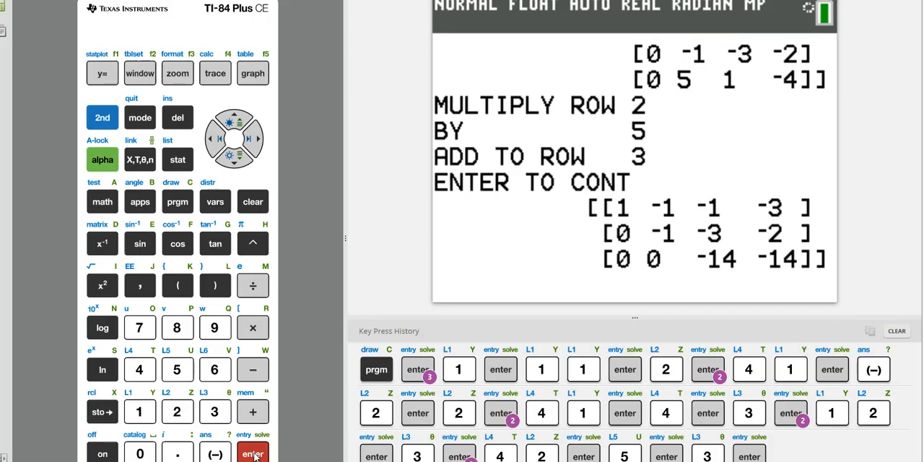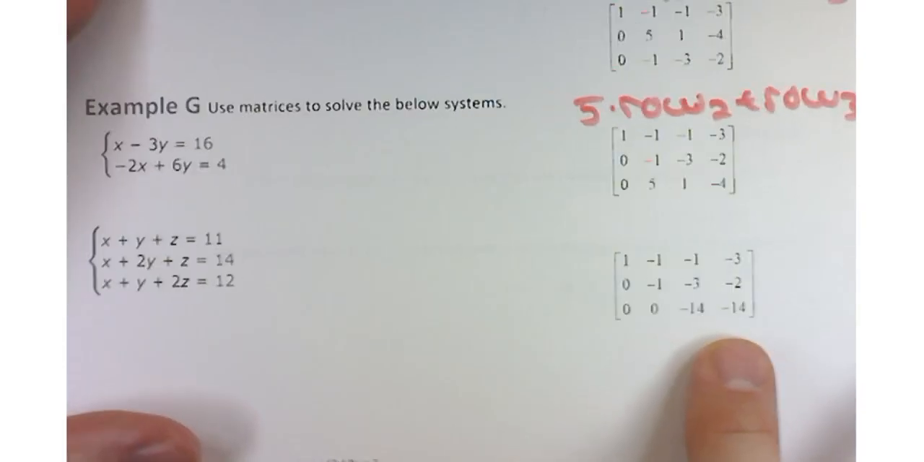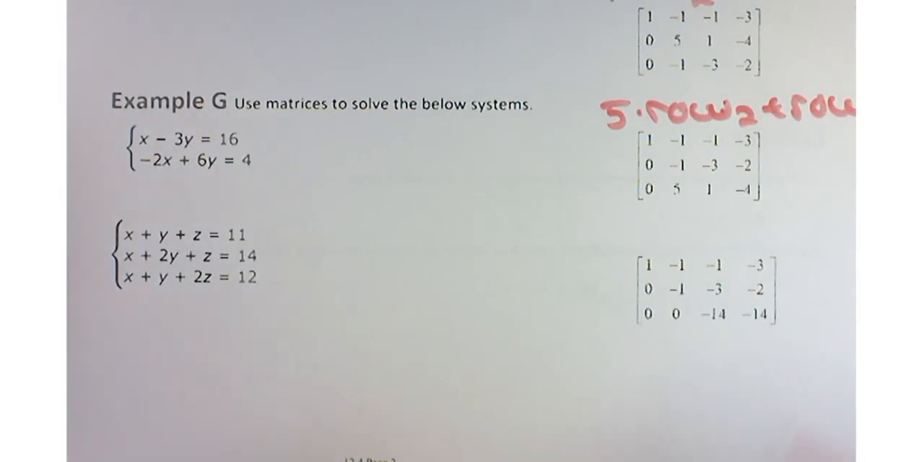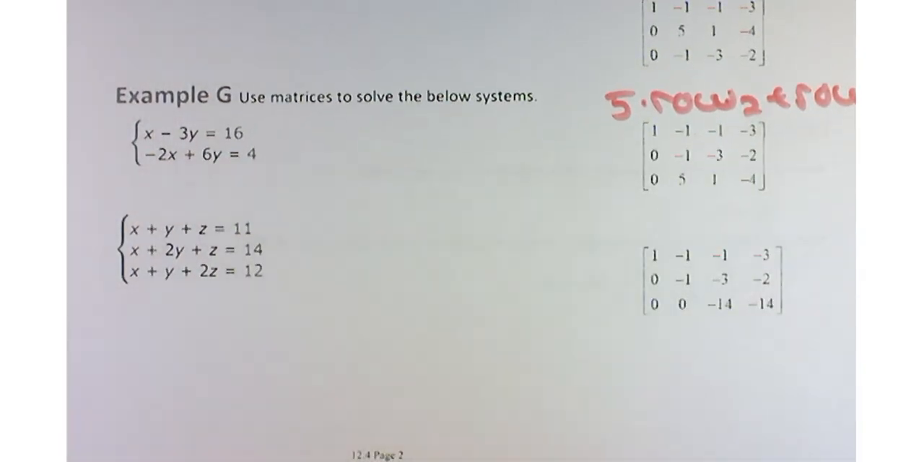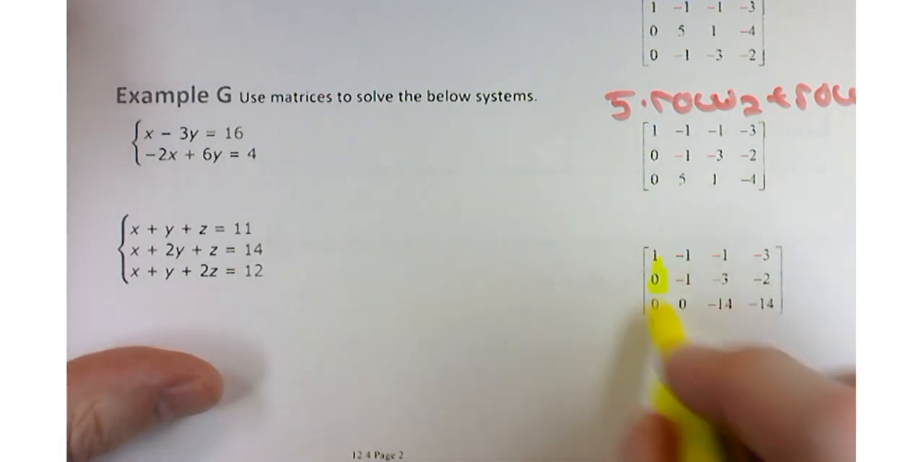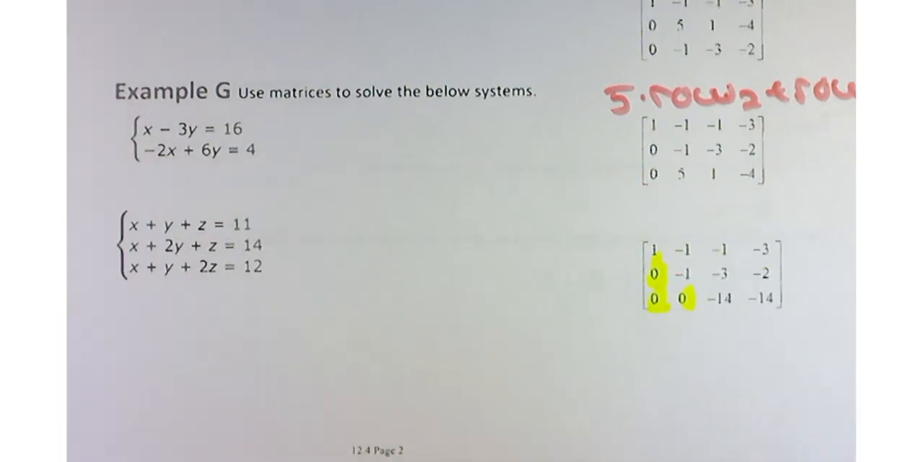So looking good there. 5 times row 2 added to row 3. And that gives us this system of equations down here. Let's see if we can't solve this one. This is where I wanted to get to. This is the point where we had zeros here, here, and here. And that's the magical form that we had in example C. In fact, kind of like example C,